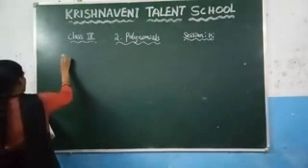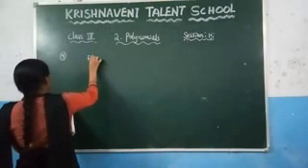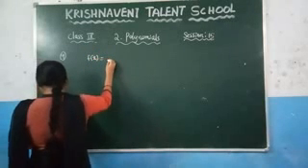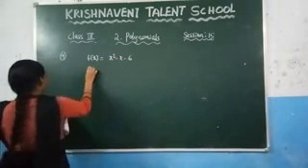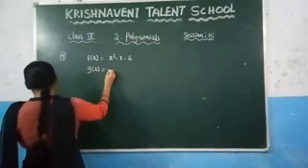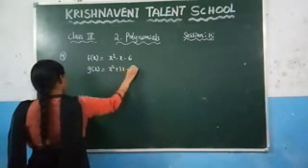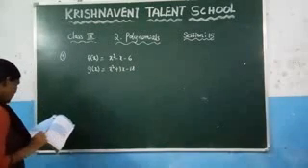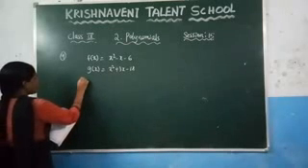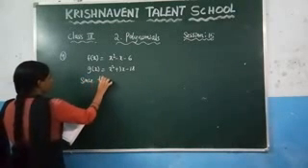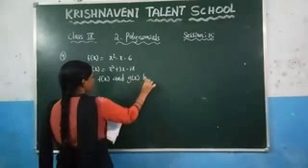Ninth question, you can observe that it is similar to that of the 8th question. What are the polynomials given here? Let us consider one polynomial as f of x, which is x squared minus x minus 6. And one more polynomial, let us consider it as g of x, which they have given as x squared plus 3x minus 18. And they said that again these two polynomials have a common factor x minus 3. So write it here, since f of x and g of x has a common factor